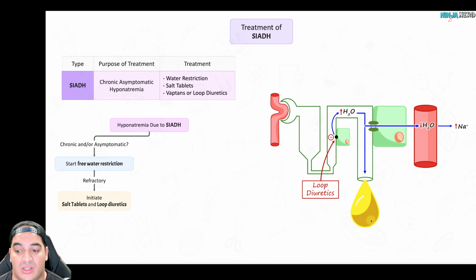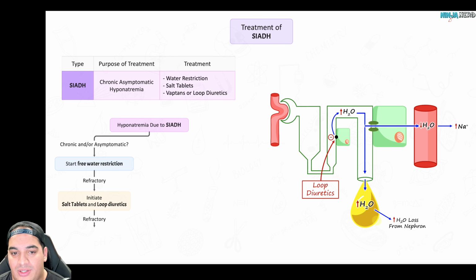So if I lose a lot of water here into my urine, I'm therefore going to allow for my sodium to start kind of naturally rising up. Oftentimes we can give this in combination with salt tablets because that'll directly cause a rise in their sodium. If a patient has been on free water restriction, I put them on some loop diuretics, maybe even a little bit of salt tablets, and they're still not getting their sodium up, then only then will we consider something called